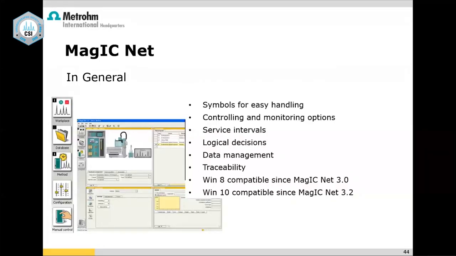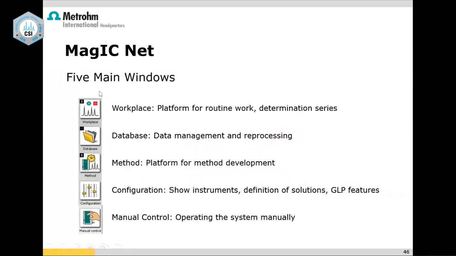Then we have the MagicNet software, which you can understand very easily. It goes by symbols. We have 5 symbols, basically. Workplace, where we see the live chromatograms. Database, for data management and reprocessing, where you store the data. And then you have the